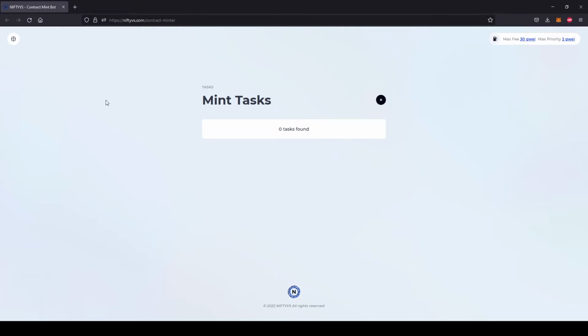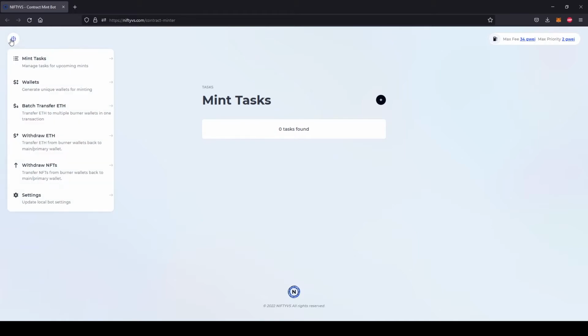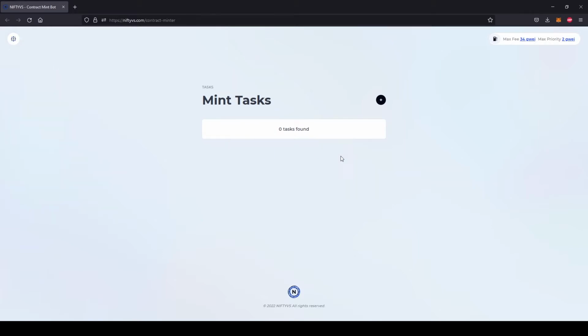Hey guys, today I'm going to be going over how to use the feature and set up a mint task within the contract minting bot. It's very simple to find. All you have to do is go to the menu, go to mint task here, and this is the page that will pull up. All you have to do to create a new task is click the plus right here,